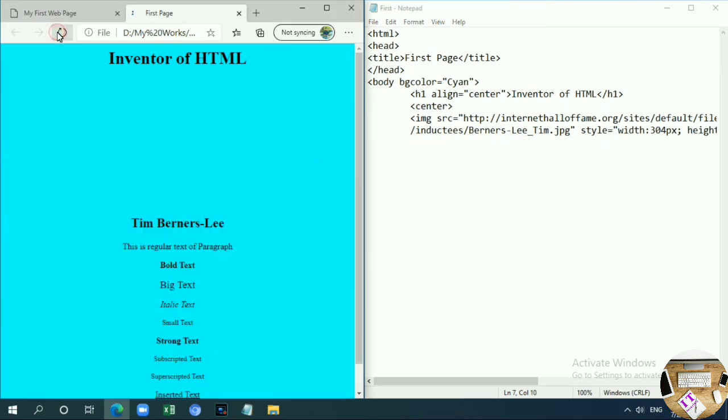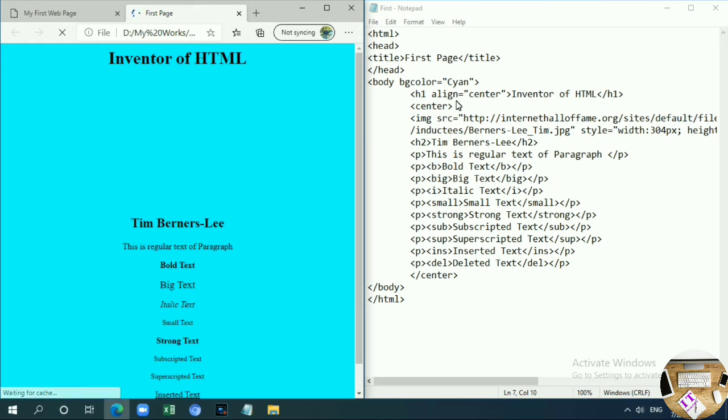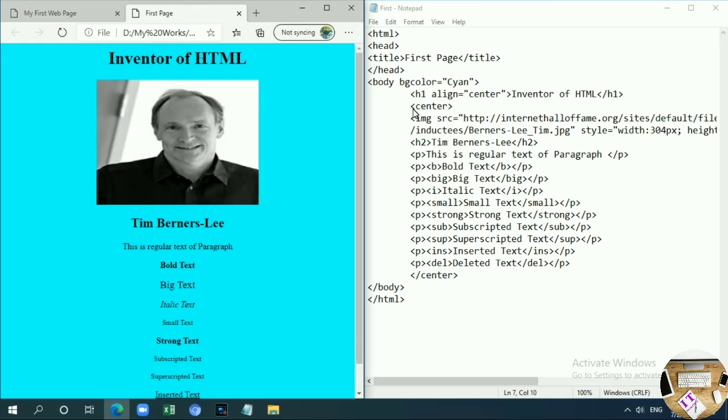Coming here, I applied one sender tag. After the sender tag, whatever data we give in between these pair of tags will be included. Look, the sender tag is opened here and closed here. In between this pair of sender tags, whatever data we give inside this sender tag